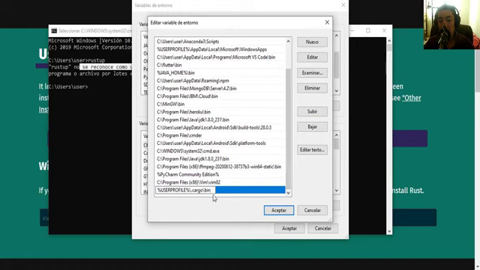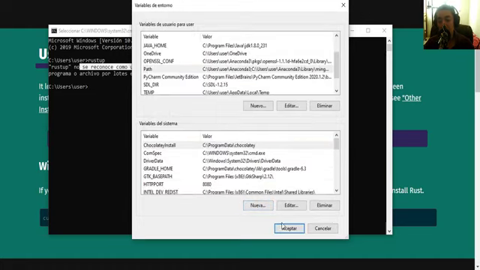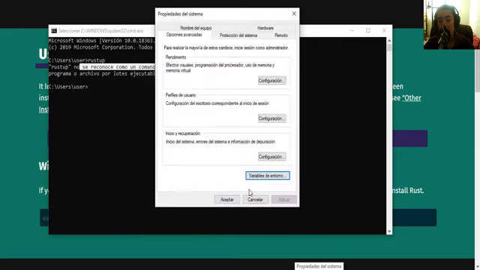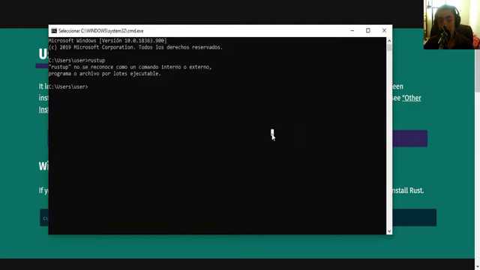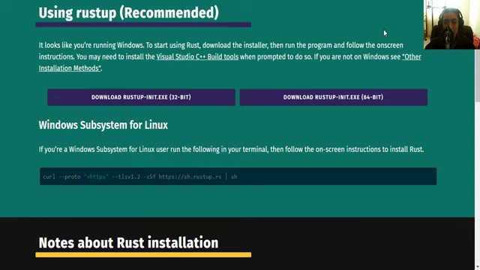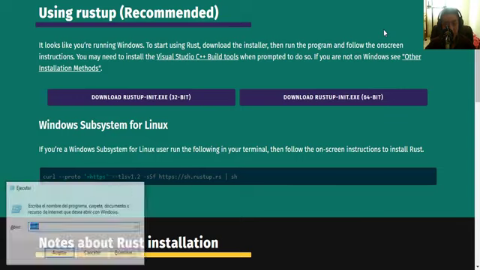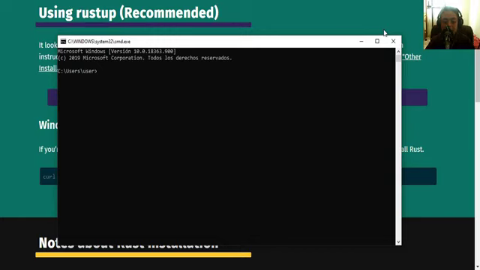So once this is done, we hit accept. Here we also hit accept. I accept. We close this console. And well, now we're going to open a new console again. And we write the following command. cargo --version. And this should show us a message like the following,